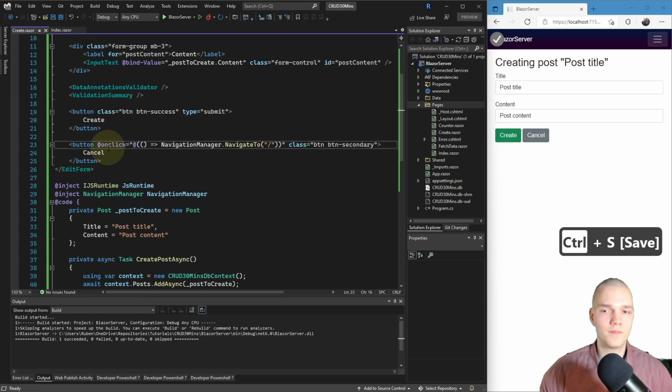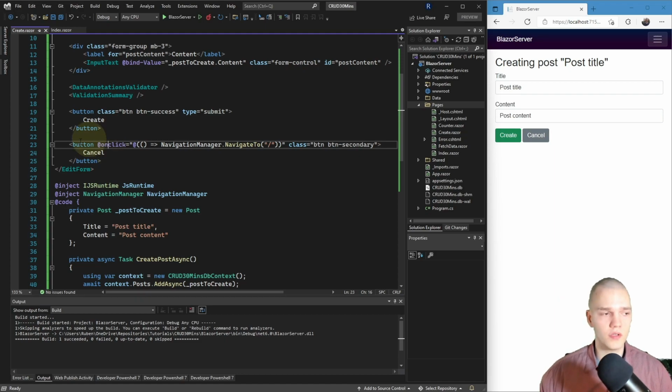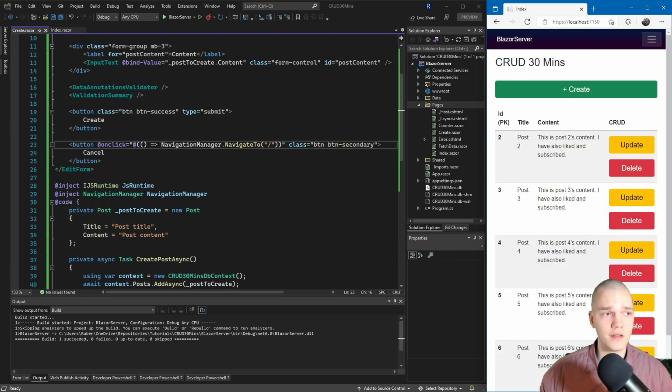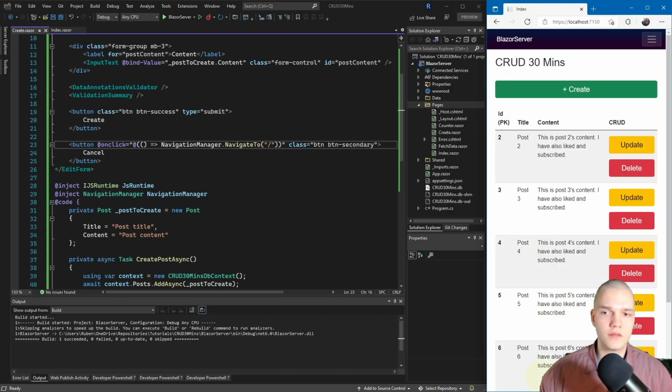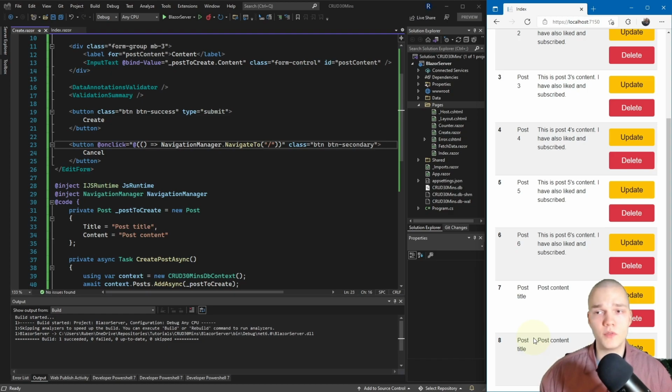Okay, let's save that. Okay, so this should work. I'll just go back to the index page, and Hot Reload picked everything up, so that's nice. So if I hit the create button now, we'll go to the create page, and if I just hit create for this, we'll go back to the index page and the created post shows up. And I'll just refresh the page to verify that it's added to the database. Awesome. Then lastly, I want to add the update feature, and update is very similar to create, so I'll just